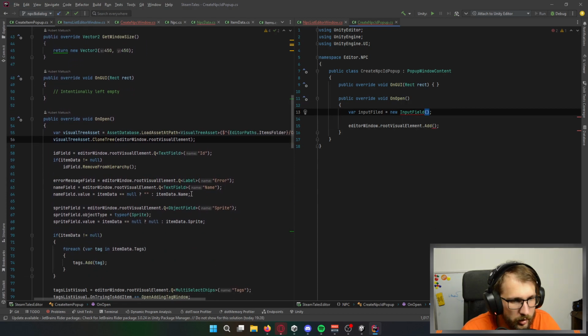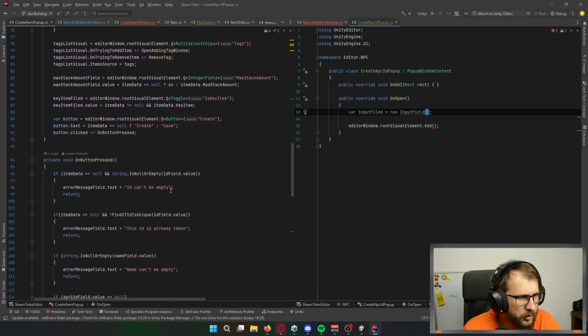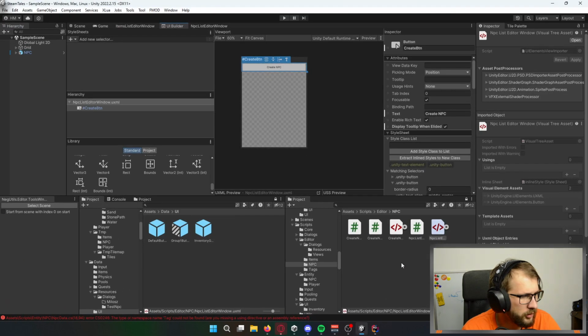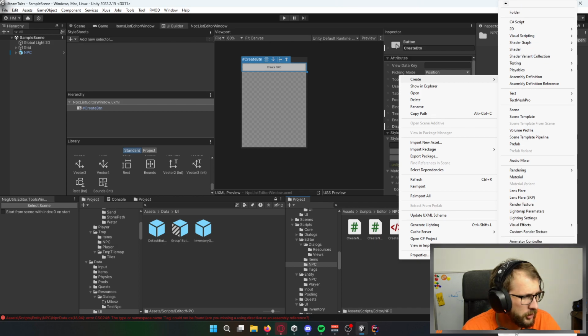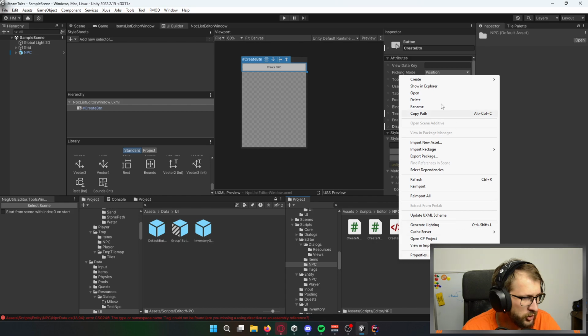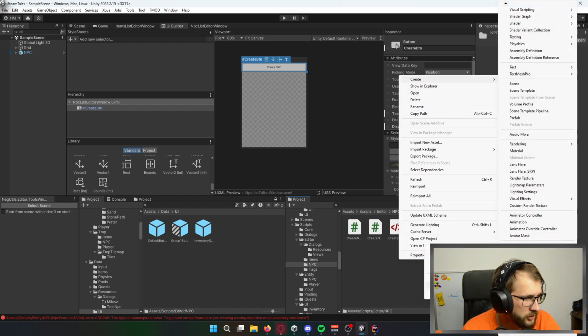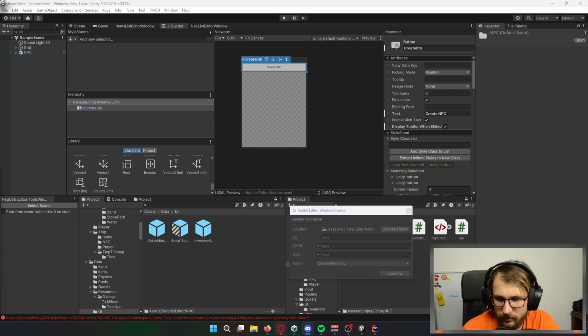Oh. Well, how should I add anything from code? Let's remember that this way would be much quicker for me. So editor window test. Sure. Let's create it and check it out.